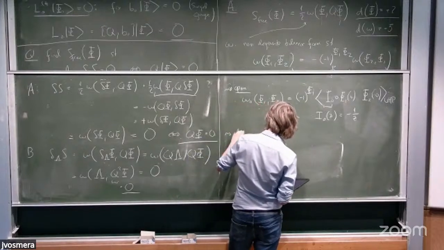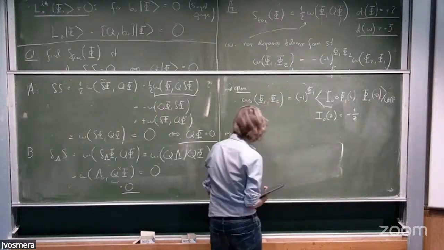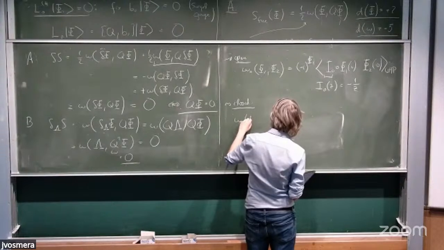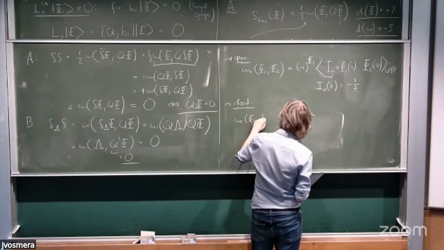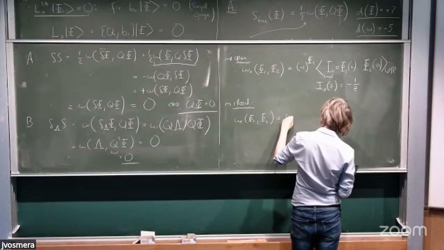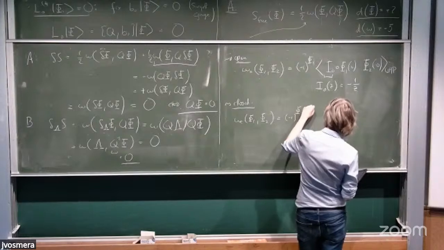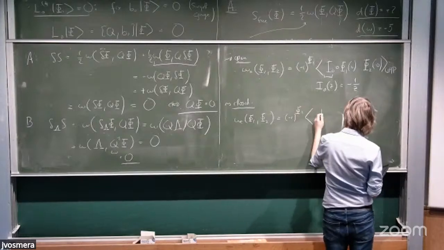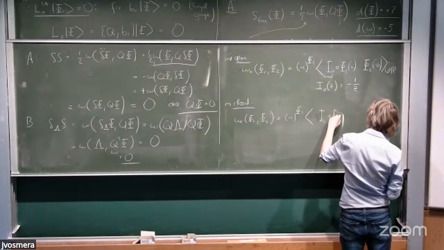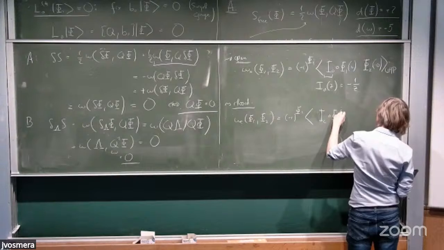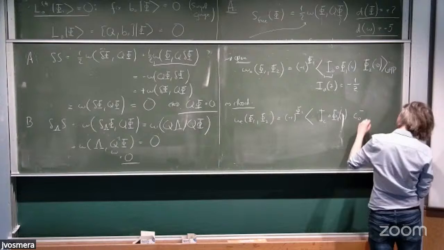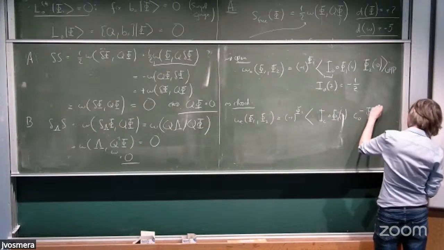So in the closed case, there is a slight modification, which you can see is necessary just by counting the ghosts. And that is that instead of just acting with this conformal transformation on one of the states, you also need an additional insertion of C0 minus. And the reason for that